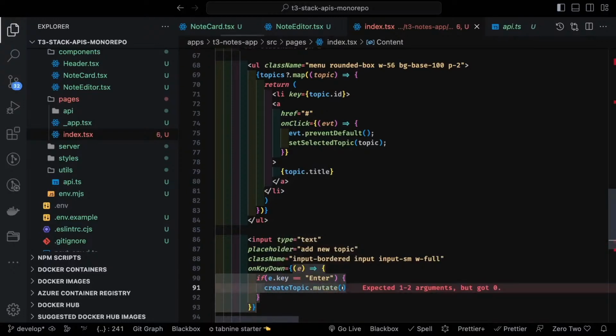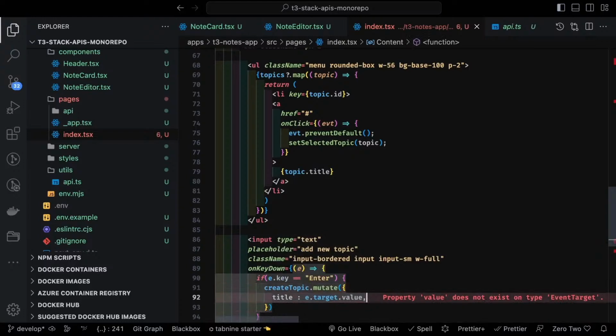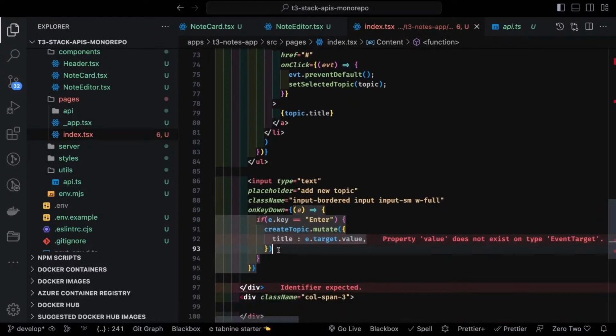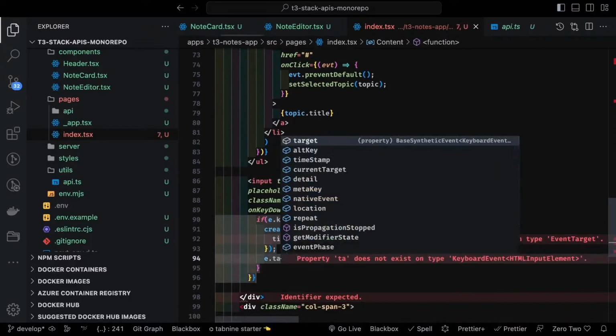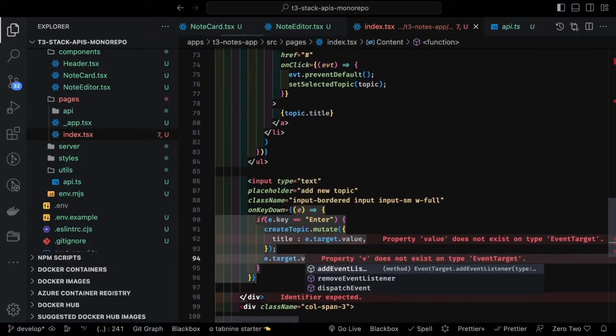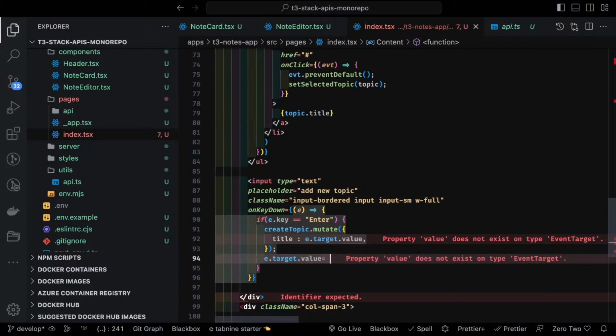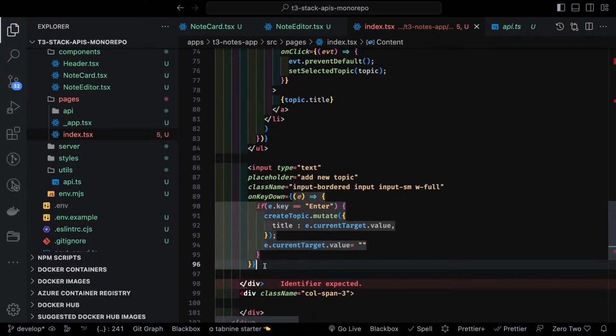So we can just do create topic.mutate, and it contains title, which will become event.target.value, and then we clear it, event.currentTarget.value. So this is the input text field. When you are clicking onto this, this will become empty. Okay,